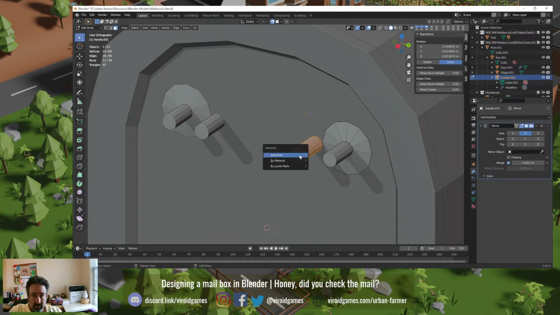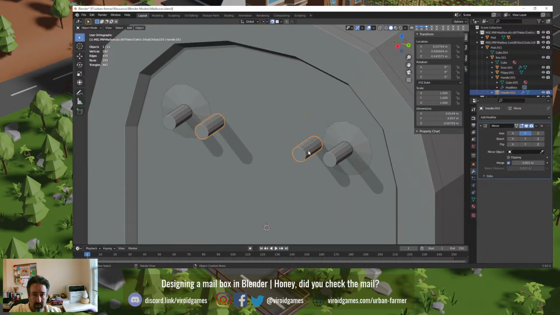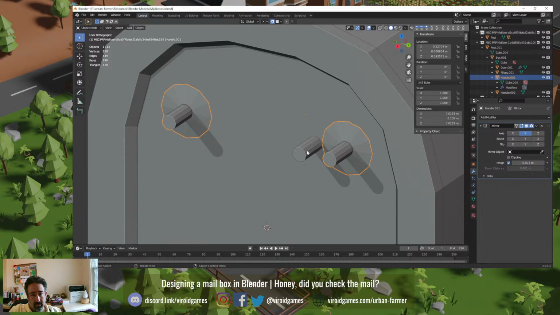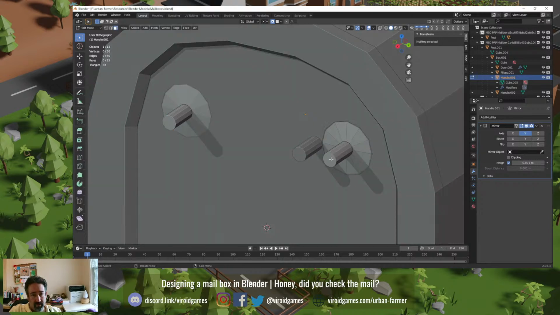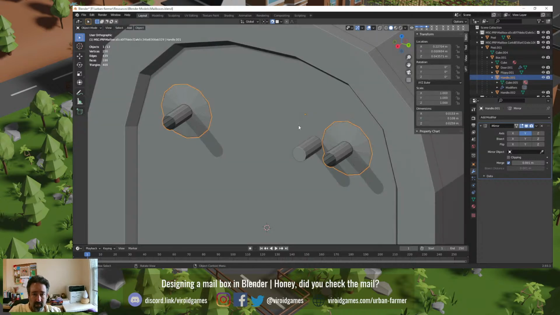This one separate by selection. Object mode. Good. This. Okay. So now, even these faces can go. Okay. Going to be covered,